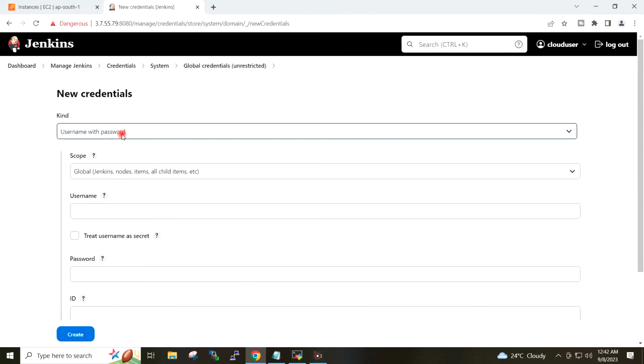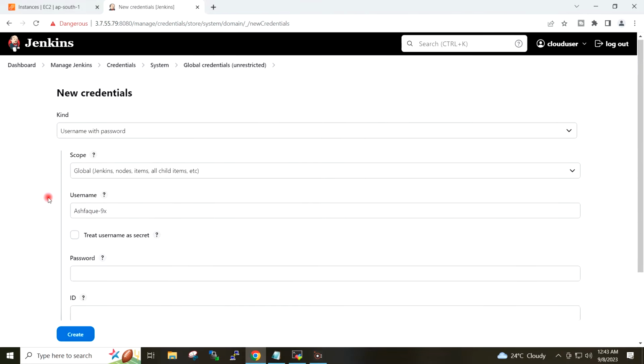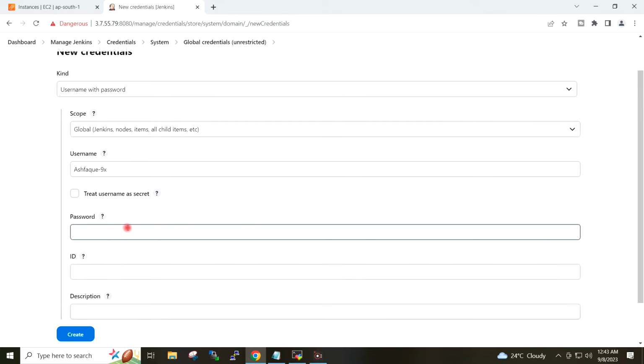Username with password. Username I will give my username for GitHub. Password I will paste here my personal access token.